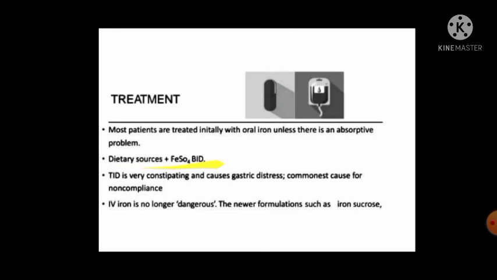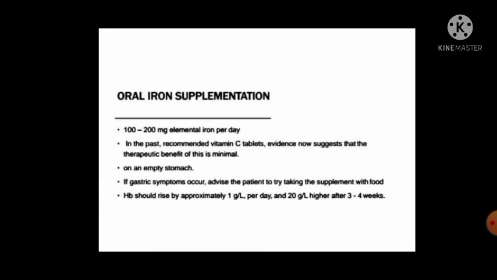Treatment: most patients are treated initially with oral iron, unless there is an absorptive problem. Dietary sources include iron. FeSO4 BID or TID is very constipating and causes gastric distress, the commonest cause of non-compliance. Oral iron is no longer dangerous. The newer formulations such as iron sucrose are also used. Oral iron supplementation includes 100 to 200 mg elemental iron per day, given in the form of